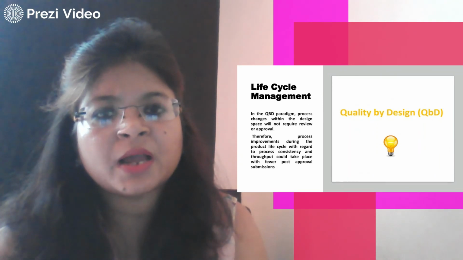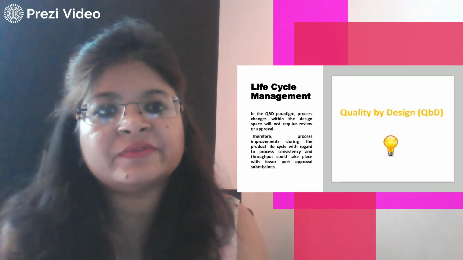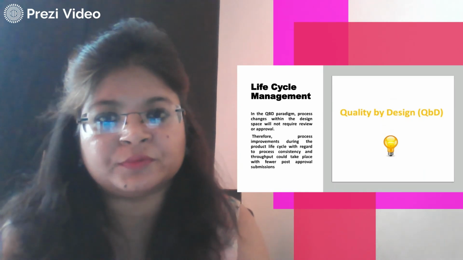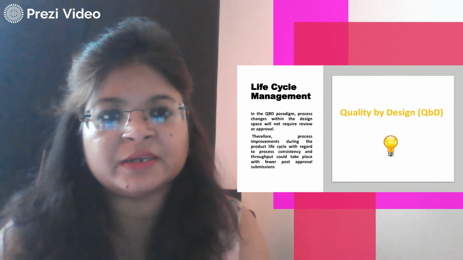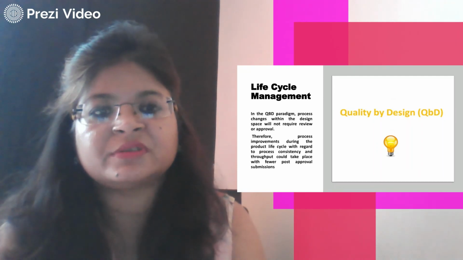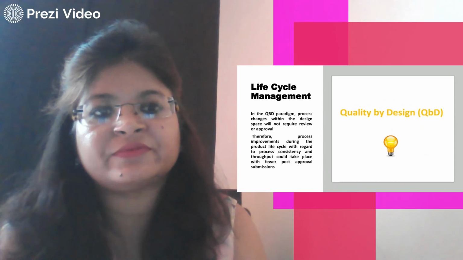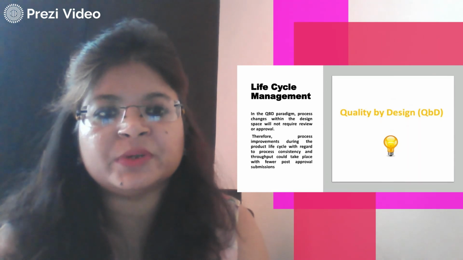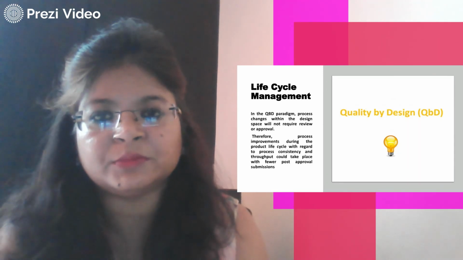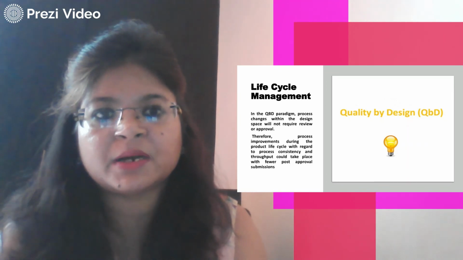Once you have been through all these stages, you will find that the life cycle management automatically improves. The growth will rise, and the company would be confident enough to put the product into several markets. Therefore, process improvements during the product life cycle with regard to process consistency and throughput could take place with few post-approval submissions. So once you have a good quality product, you can market the product in several markets, you will have ample